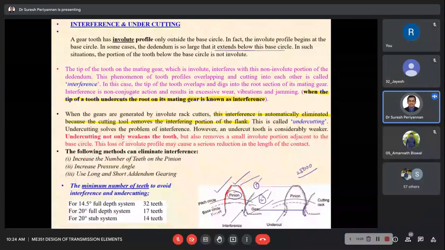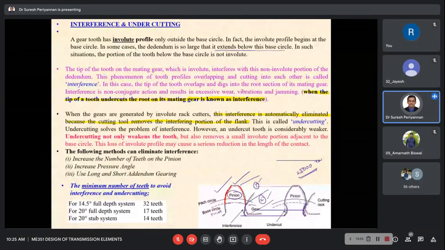Initially it was interference. After some duration of running or continuous rotation, finally this shape is formed. Now the interference can be removed, but the strength of the gear is going to be reduced. This is called undercutting. When the interference is removed, now see here, after 25 revolutions,